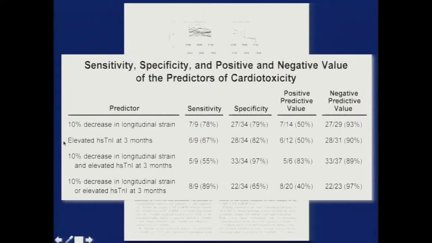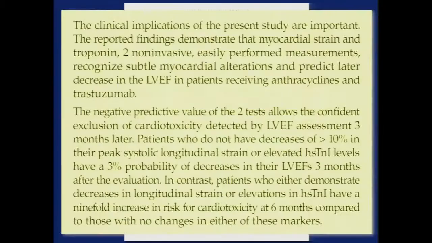You can see a reduction in strain of 10% or an elevation in troponin has modest test characteristics to predict future decline in ejection fraction. And although this is a pretty long statement, it's important to review because it states that myocardial strain and troponin, these 2 non-invasive, easily performed measures, recognize subtle myocardial alterations and predict later decline in LVEF in patients receiving anthracyclines and trastuzumab. The negative predictive value of the 2 tests allows the confident exclusion of cardiotoxicity detected by EF 3